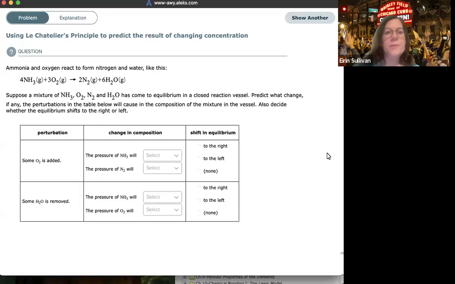Using Le Chatelier's principle to predict the result of changing concentration. Le Chatelier's principle is all about predicting, if a system has been disturbed, what it will need to do to get back to a state of equilibrium. So that's going to mean temporarily that the equilibrium will shift to either favor reactants or products until it gets